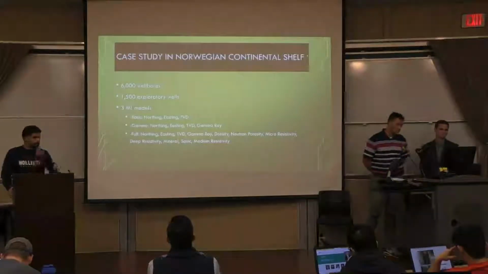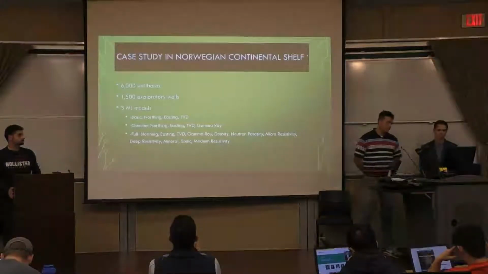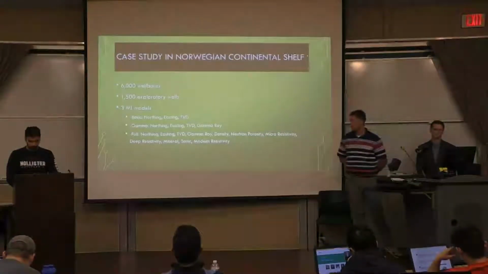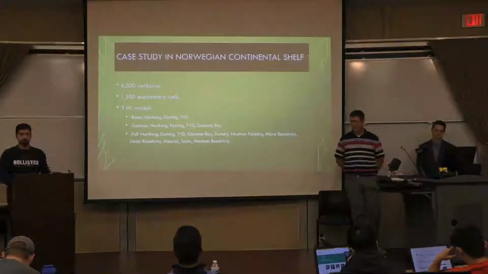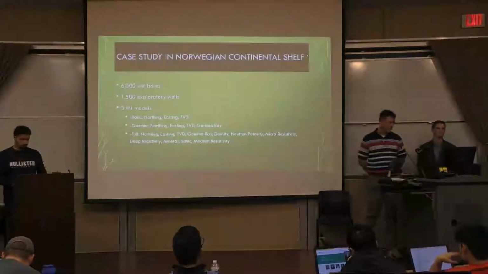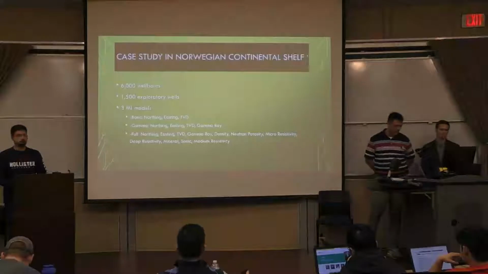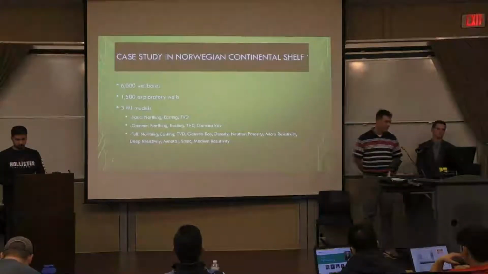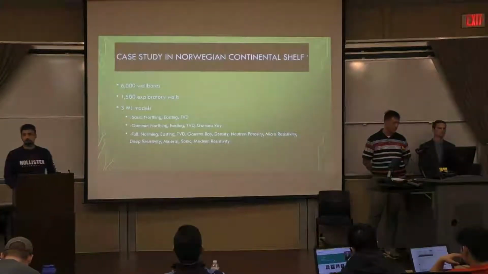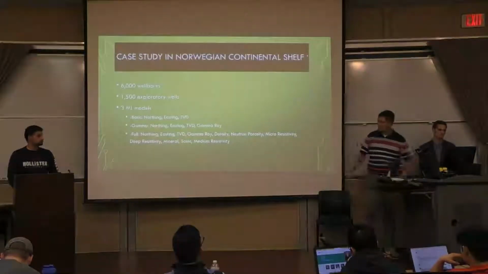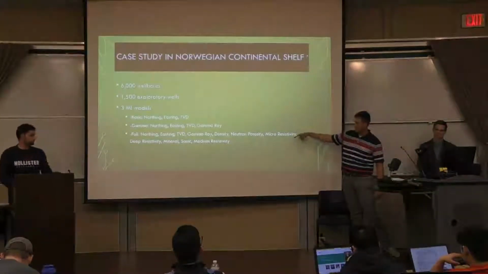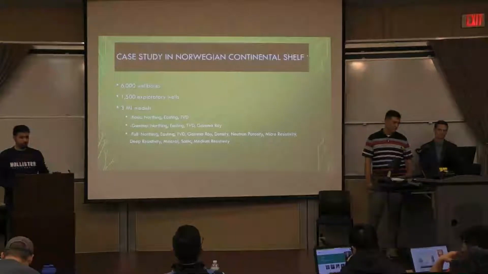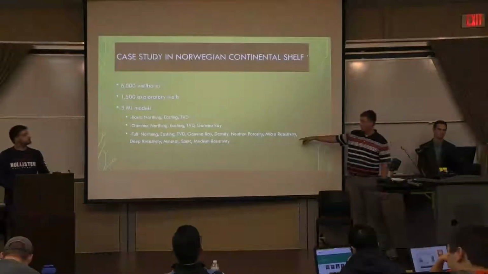The case study I did was done on the Norwegian continental shelf, where there are currently 6,000 wells drilled, and 1,500 of them are exploratory wells. With the exploratory wells, there is very extensive data and GIS systems. For this specific study, they used 3 different machine learning models: a decision tree, logistic regression, and random forest decision trees. For each model, they used 3 different sets of data. They get increasingly more complicated, and the exploratory wells were mainly the ones with all of the data together.